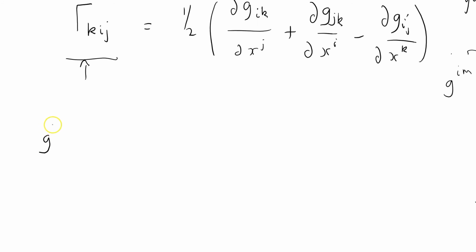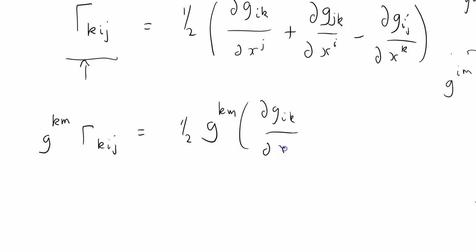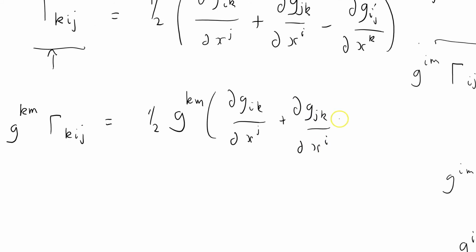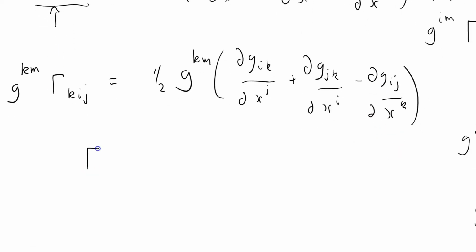So we've got g km gamma k ij equals a half, and then multiply on the left by g km, di g ik by di x j plus di g jk by di x i, why not, I'm going to say di anyway, sue me, minus di g ij by di x k. There we go. So that tells me that the Christoffel symbol, contracted over k, m i j, equals this thing here,